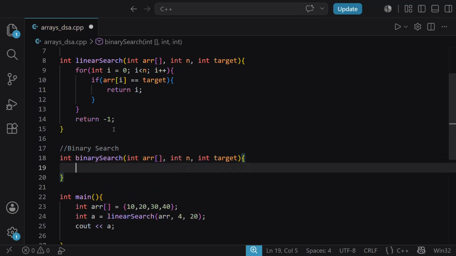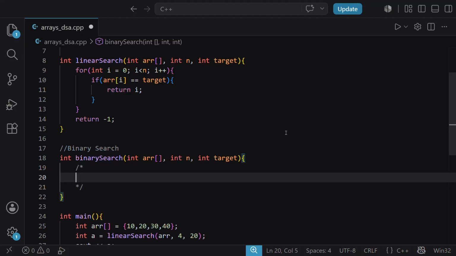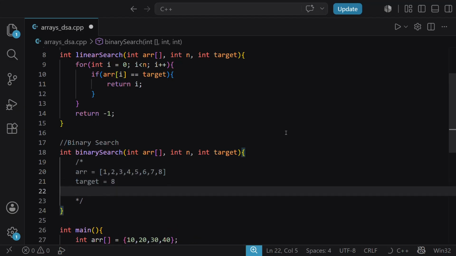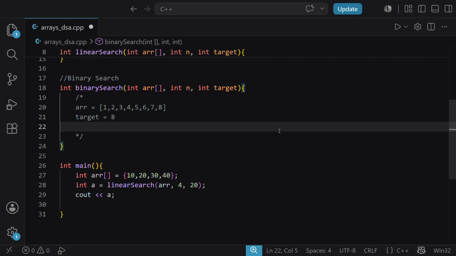So now what basically we have to do in binary search, let's understand here. If we say that we have an array that may be equal to 1, 2, 3, 4, 5, 6, 7, and 8, and our target value is 8, then first we'll iterate through this, and what we'll do is we'll just say